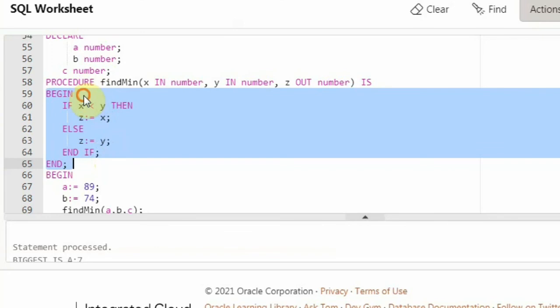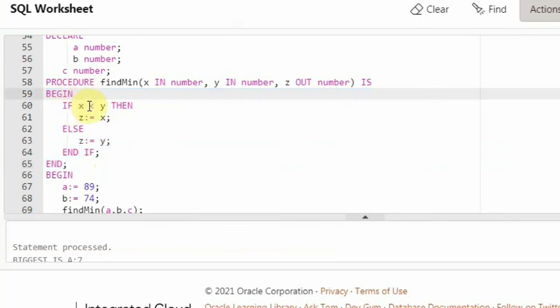So inside the body of the find min we are saying begin, and then I am writing the logic. So this is find min, right? So minimum among x and y variables passed. So if x is less than y, then we are putting x in z because x is minimum. If this condition evaluates to true, it means that x is small. So I am putting the small number in z. Then else, it means that y is small, so I am putting y in z. So I said end if. For if I need to have end if, and there should be a then also before the statement. So I'm saying end. So this is the end of the procedure.